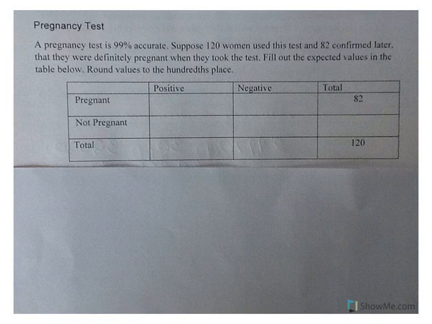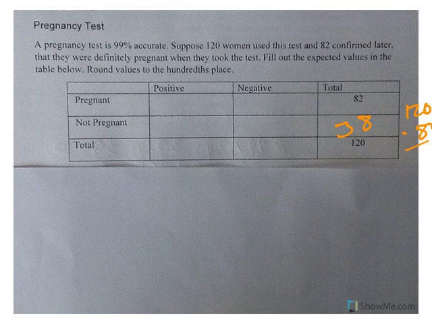Okay, let's do some practice, false positive, false negative problems. Let's suppose that a pregnancy test is 99% accurate, and 120 women used the test, 82 confirmed later they were definitely pregnant when they took the test. So let's fill out the expected values in the table below, and if we need to, let's round to the nearest hundredth place. Okay, now we know here we had 120 took it, 82 were pregnant, and that means 38